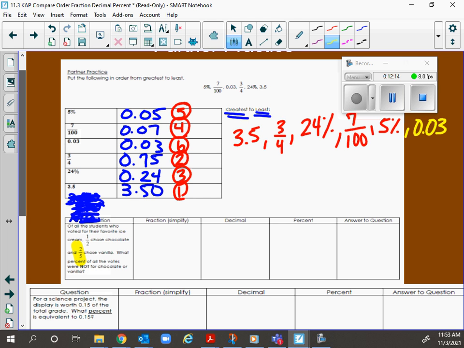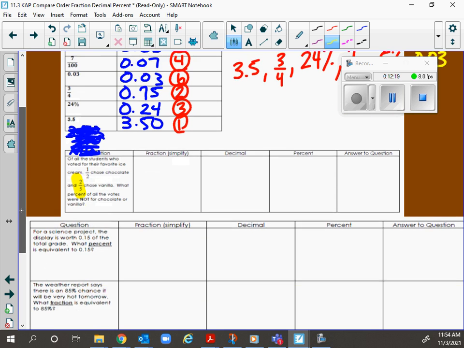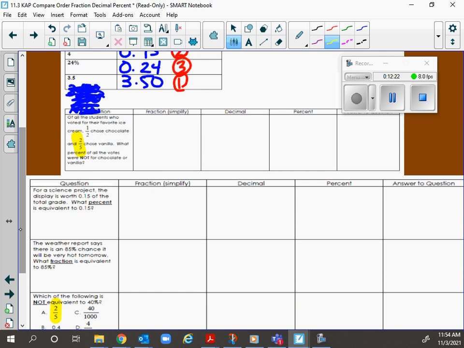Okay? So guys, now it starts to get a little more difficult as we go through the next couple of questions. On this question, it says all the students who voted for their favorite ice cream, 1/2 chose chocolate and 2/5 chose vanilla. So I know this already, that when I add those two together, I'm not going to get 5 over 5, right? So there's going to be something missing. We need to find the missing percentage, because that missing percentage out of 100 is everybody else that voted for something other than vanilla or chocolate, like strawberry or cookies and cream,